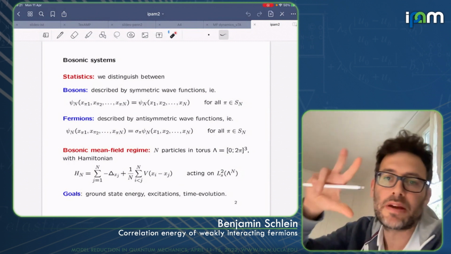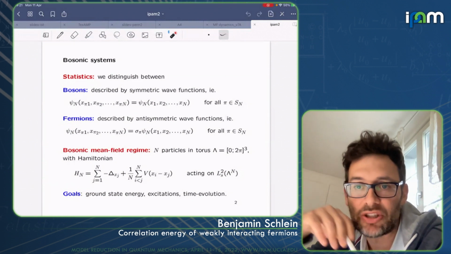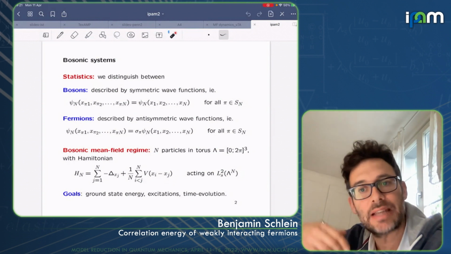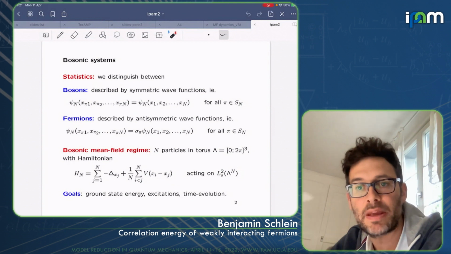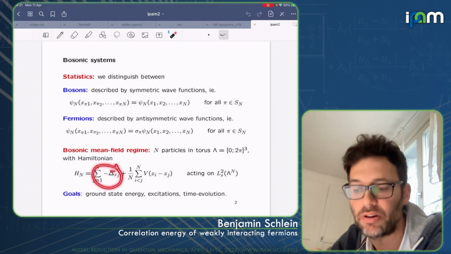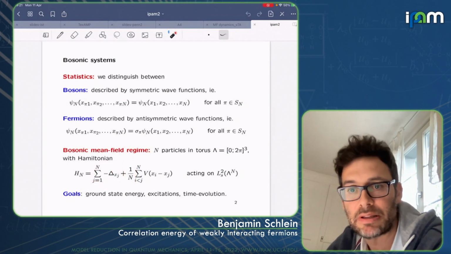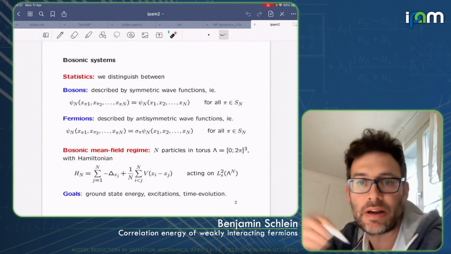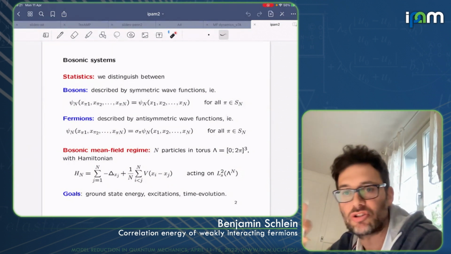So you see, we are sitting in a box with side length of order 1, so 2 pi. The potential has range of order 1. So essentially, this means that every particle in the system interacts with everybody else. And in order to make sure that the potential energy at the end is of the same order as the kinetic energy, which is order N, I'm multiplying here by 1 over N. And I would like to consider what happens to this Hamilton operator, in particular to the low energy spectrum of this operator, in the limit of large N. So that's the question that I'm going to focus on here.